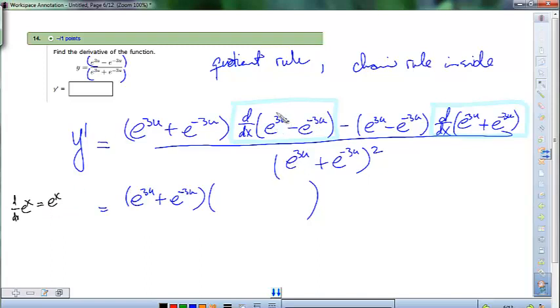And now, since this is more complicated than just a regular x or just a regular u, you have to take the derivative of the inside. So the derivative of this is going to be e to the 3u times the derivative of the inside, which is 3,